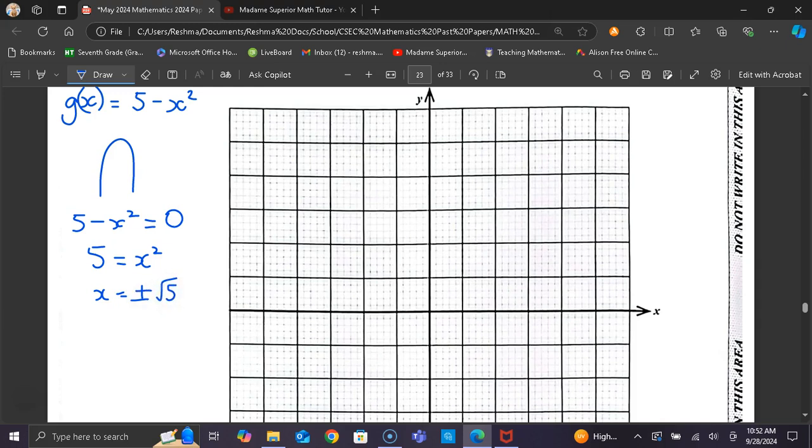And let me just get my calculator. Okay, we're going to have to estimate this on the graph. So square root of 5, I think, will be 2 point something. Let's see. So square root of 5 is 2.236. So plus or minus 2.236, right? Because we're going to have to estimate that on our curve. So the curve will cut the x-axis at plus or minus 2.236. And the maximum point